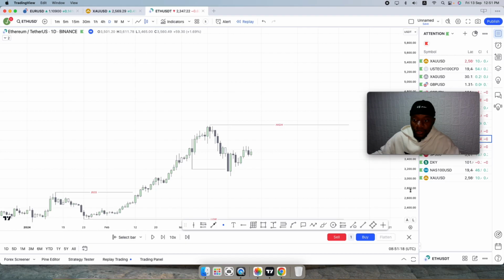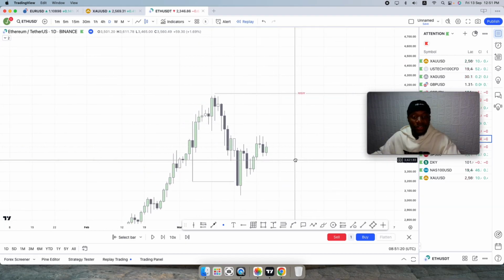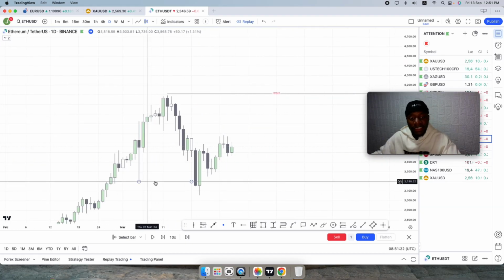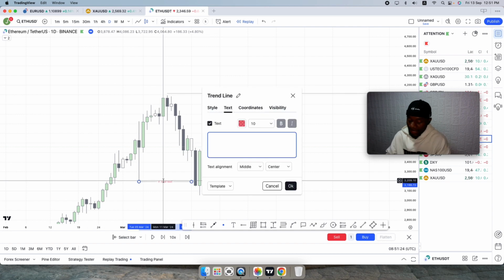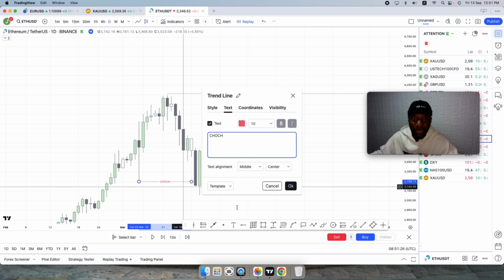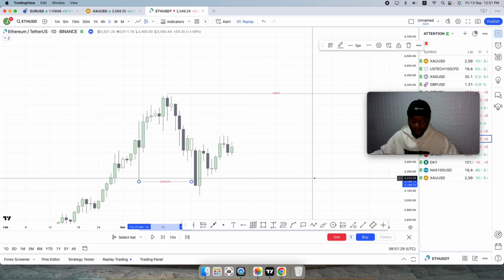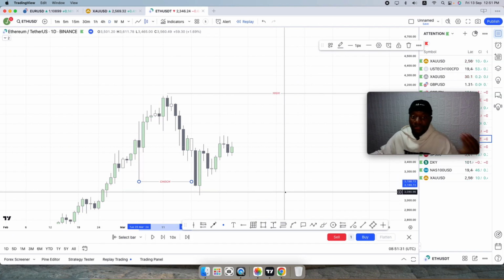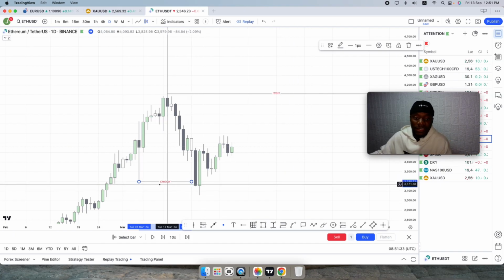So first thing first is this. When you notice that our daily has changed character. So when we talk about change of character, we are talking about reversal. This is what it means, a change of character. Now when you look at the daily right now, it has changed